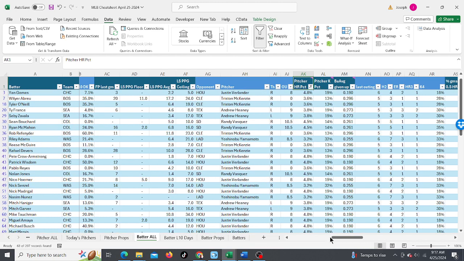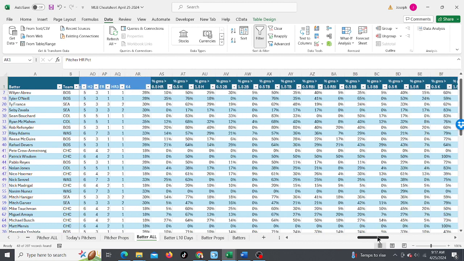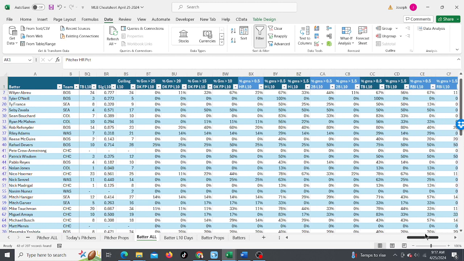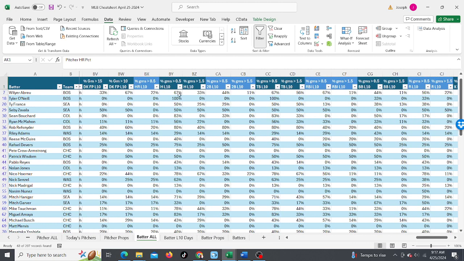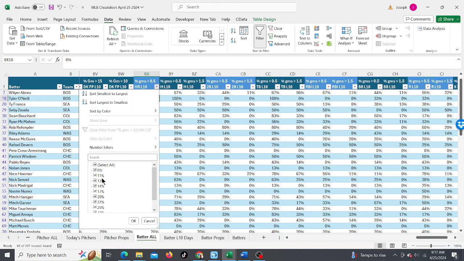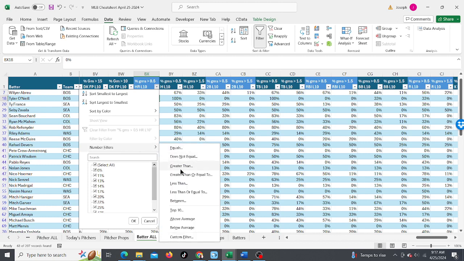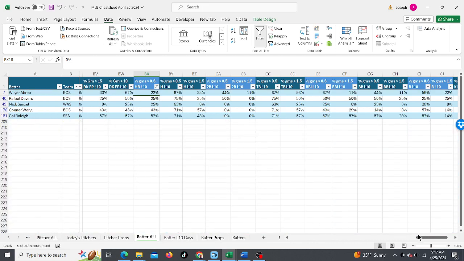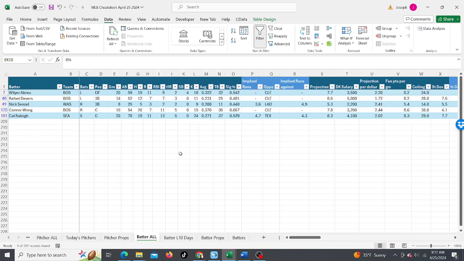And now let's scroll over to the batters. I'm going to look at what batters have been hot, who's been hitting home runs of late. So we go all the way over to the far right to the L10, which is the last 10 days, and the percentage of games that they hit at least one home run. We got all the way up to 57%, which is pretty high. So let's filter and just do greater than 0.2, so 20%. And we got 5 guys here. We got 3 from Boston, 1 from Washington, 1 for Seattle.